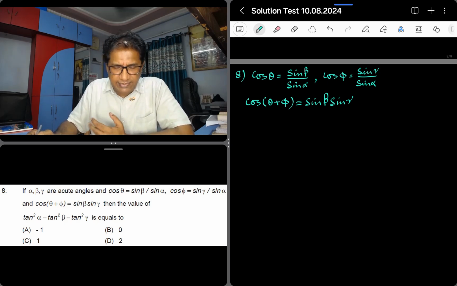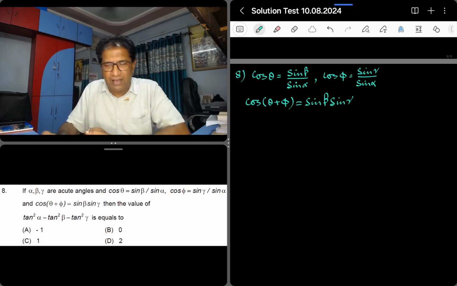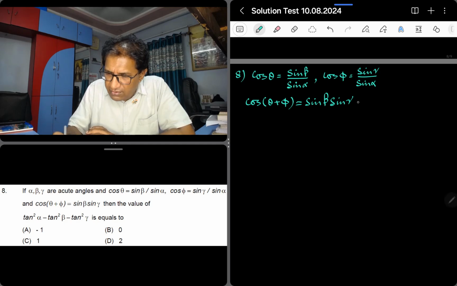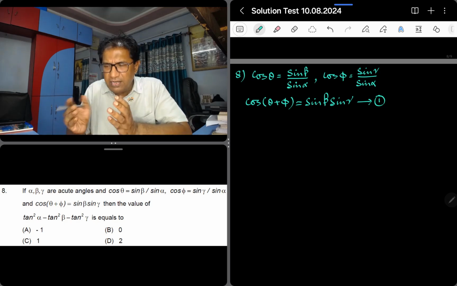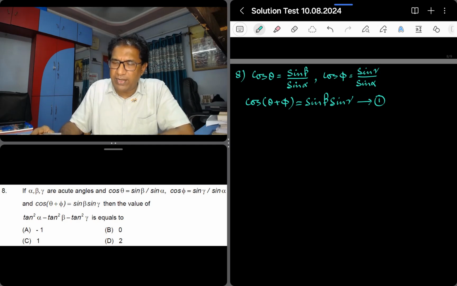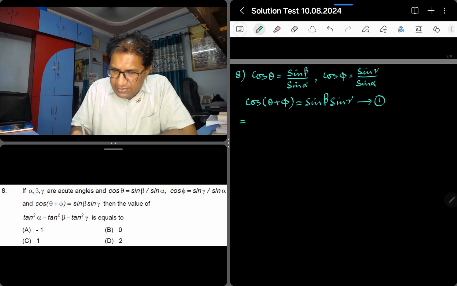So we can easily see that the value that we need does not contain any theta and phi. So all we have to do is we have to remove this theta and phi from this relation. From this relation, let us denote this thing as relation number 1. From this relation, if we can remove theta and phi, definitely we are going to have a relationship between alpha, beta and gamma. So this can be written as